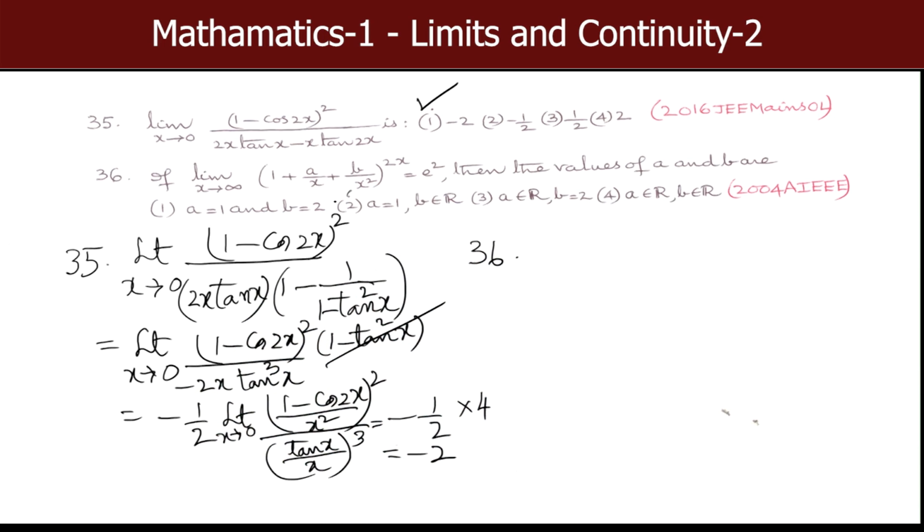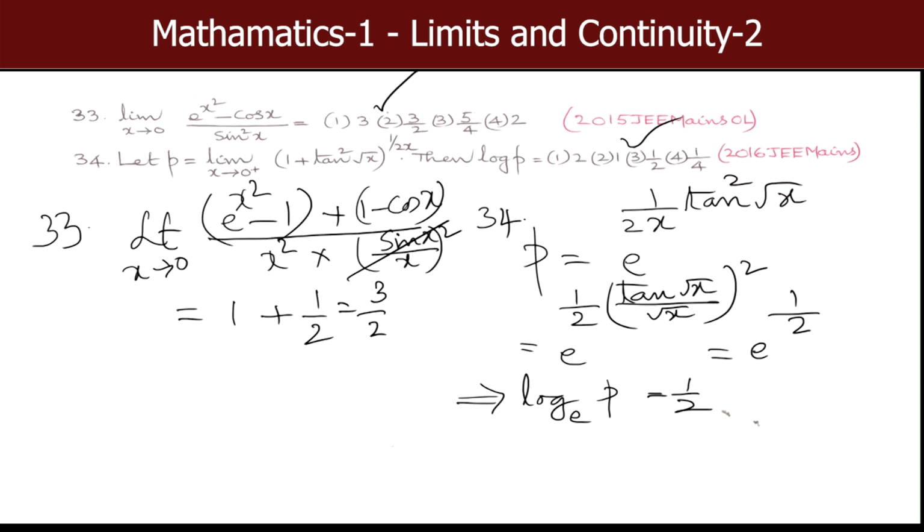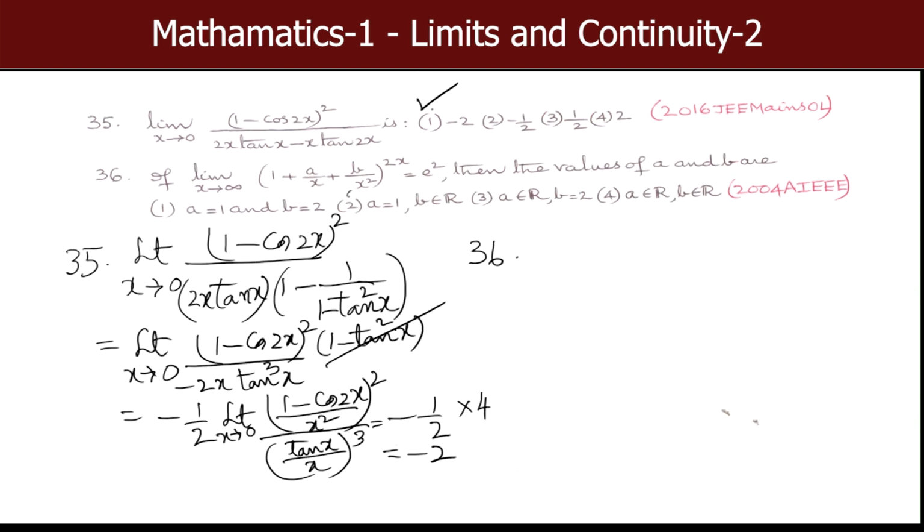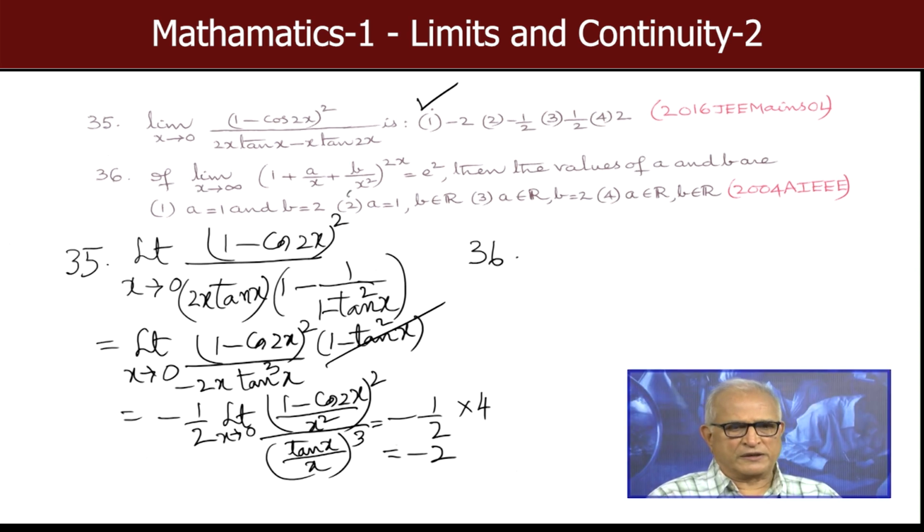Now, here also you can use the same thing, because the base tends to 1 as x tends to infinity, a by x tends to 0 and b by x square also tends to 0. And the exponent 2x tends to plus infinity. So, the base tends to 1 and the exponent tends to plus infinity. Whether the limit is at x equal to a or as x tends to plus infinity, the formula is the same, and therefore this is e to the power of